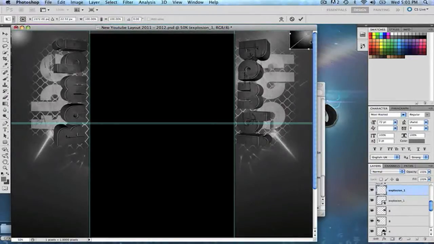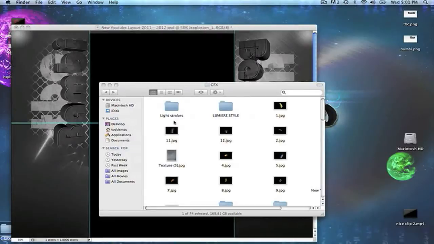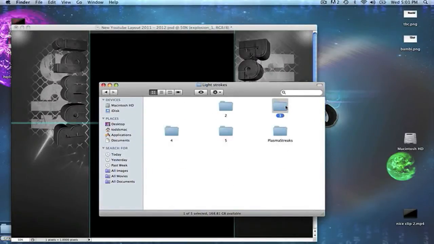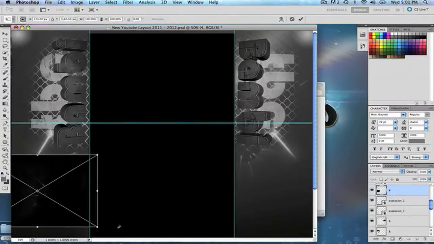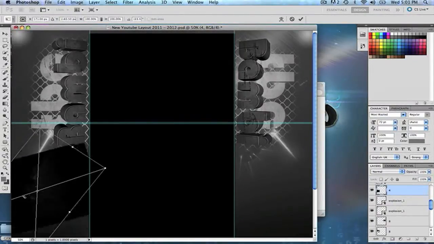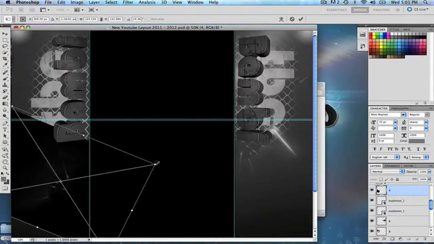And then I do something cool here in a second, and it turns out pretty good. I go onto here, and I get another one of these balls with light beams coming out of it, and I put those over the glow balls, and it kind of adds this cool effect to it. Like you'll see in a second, it adds this effect, and it turned out really good.